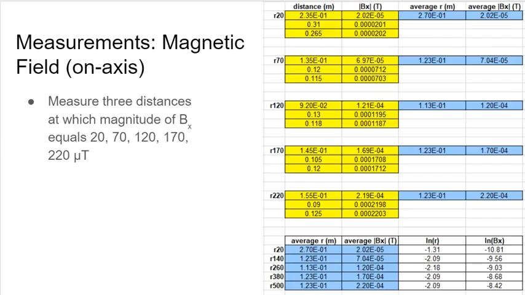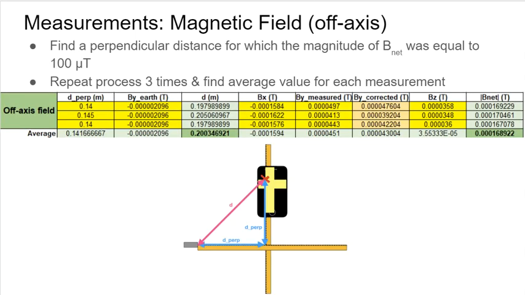So for the measurements of the magnetic field on axis, we measured 3 distances at which the magnitude of Bx equals 20, 70, 120, 170, and 220 microteslas. And then for the measurements of the magnetic field off axis, we found a perpendicular distance for which the magnitude of B net was equal to 100 microteslas, and then we repeated the process 3 times